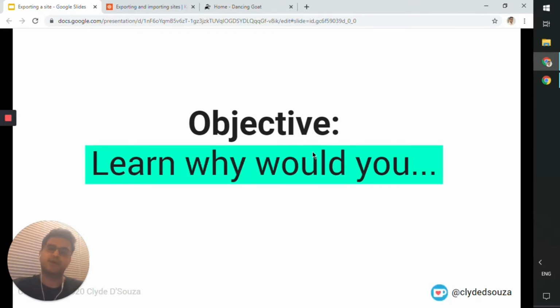The first one, why would you export a site? Now the process of exporting a site is quite similar to exporting objects itself. So you can export a site, for example, from a dev environment to another environment. If you're doing changes in one environment and you want all your web parts, all your components, and even the content to be transferred from one environment to another, then